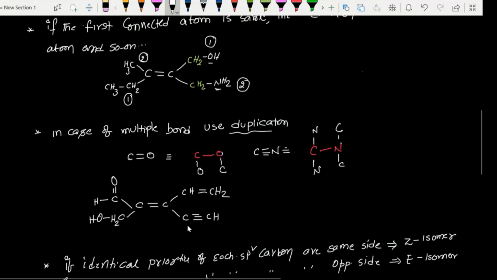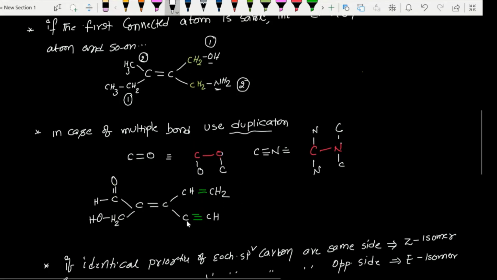Now if you observe, for an example, the right side carbon double bond carbon is connected with carbon here. This is also carbon here. And this carbon is connected with another carbon, here also this carbon is connected with another carbon. That means there is no further comparison. But here the difference will come. This one we are taking as double bond, and here it is triple bond. So C double bond C, C triple bond C. Here its meaning is this carbon is connected with two carbons by duplication, and this carbon is connected with three carbons by duplication. So in that way we can differentiate.